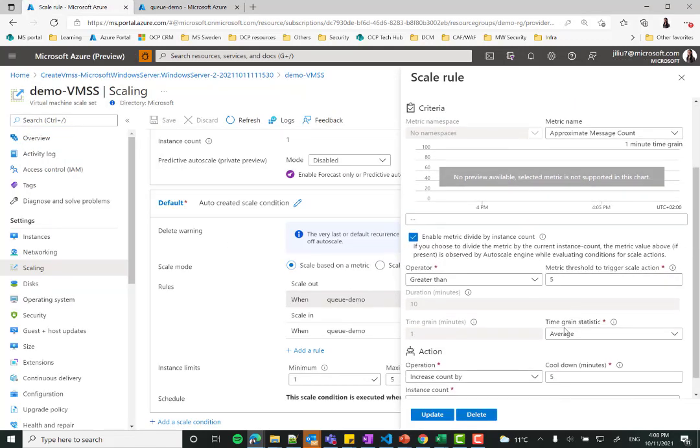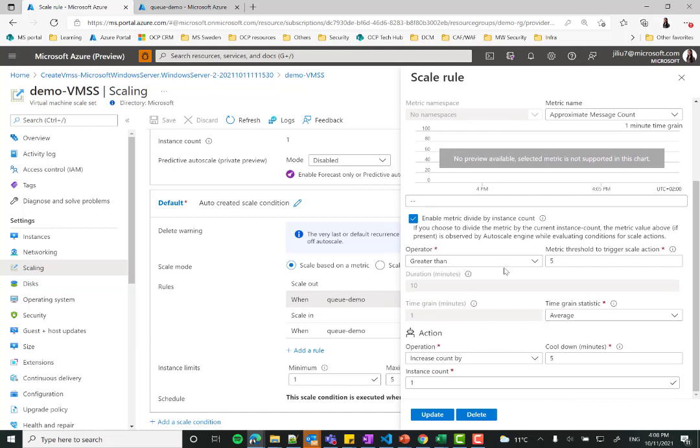And in my scale out policy, I would like it to monitor how many messages I have in my queue. So if it detects that per instance, if there's more than 5 messages in the queue, then I will actually increase the instance count by 1. So that is the main logic of what the scaling policy specifies. Two additional things to call out here. The greater than 5, this is the number per instance, meaning that if you already have 2 instances of VMs in your virtual machine scale set, then you actually need to have 10 messages in order for the scale out